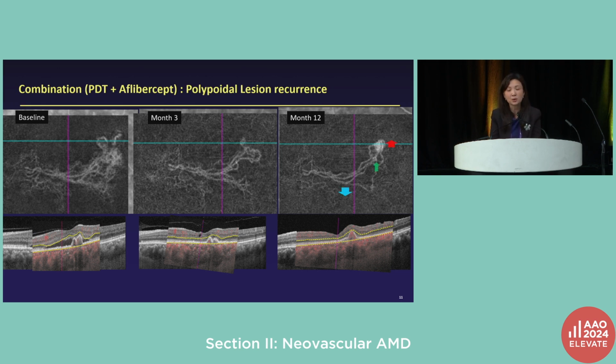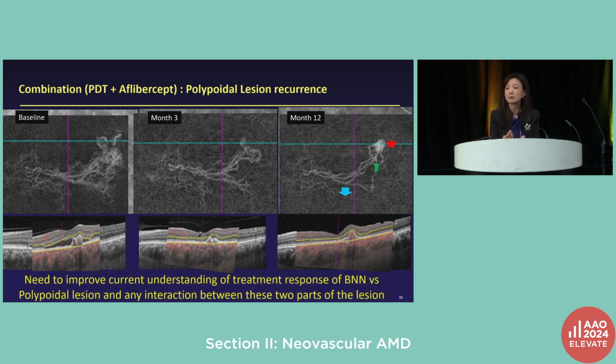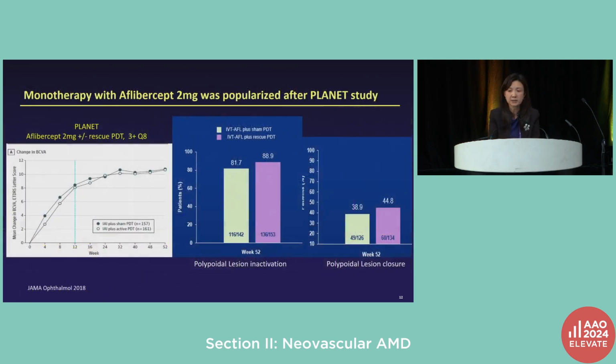is increase in flow within the polypoidal lesion, and that is one of the enigmas right at the moment. Why is there apparent paradoxical response in the 2 parts of the lesion, and what is the interaction between the 2 parts? But coming back to the question of therapy, monotherapy with anti-VEGF today, I would say, is the